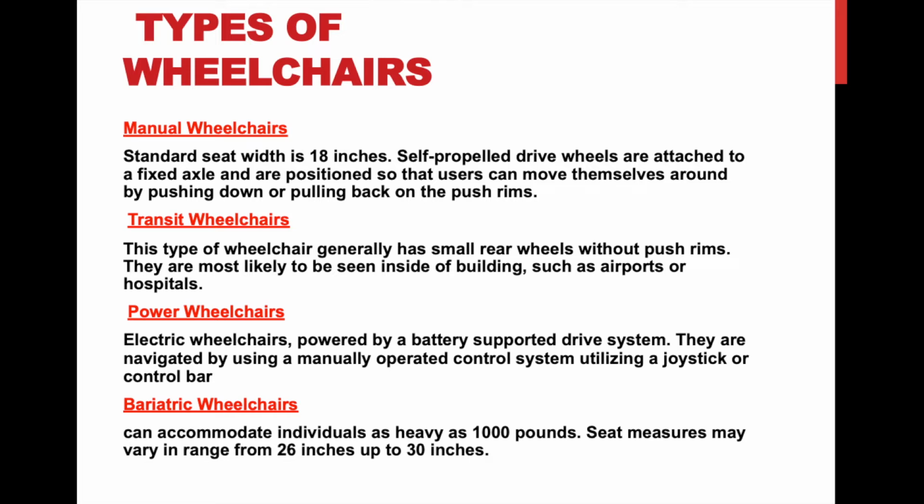Power wheelchairs can be very heavy. The average power wheelchair is somewhere between 350 to 450 pounds prior to putting the patient on the wheelchair. They are battery powered, and they do have a drive system that includes a joystick or a control bar. Patients who use these wheelchairs generally go in the electric lift wheelchairs, because those are larger vans that will accommodate the patient. It's important to remember that your patient is going to weigh somewhere in the range of anywhere between 600 to 900 pounds on that electric wheelchair.